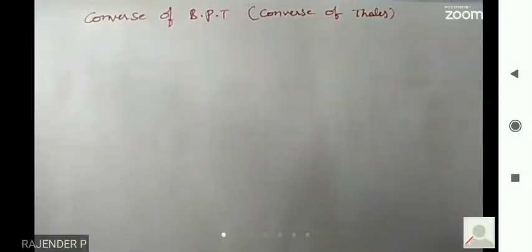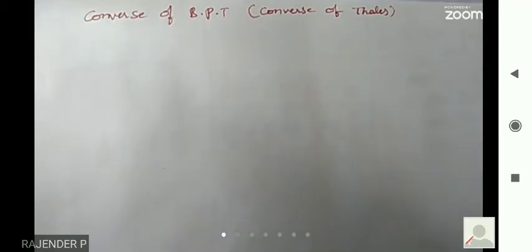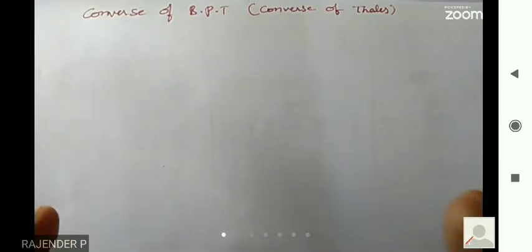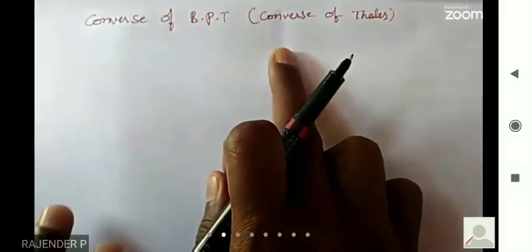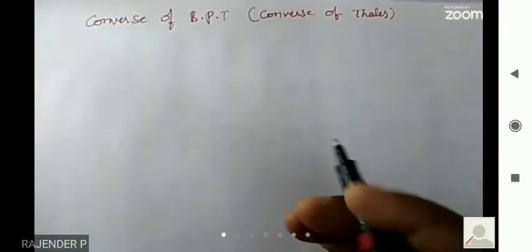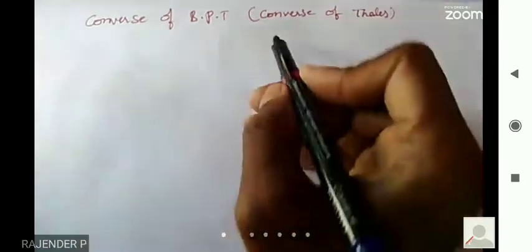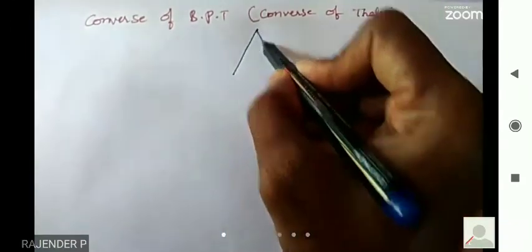Converse of BPT, or converse of Thales theorem. Yesterday we learned the BPT theorem, in which it is given that a line parallel to the third side divides the other two sides in the same ratio. In this converse of BPT, we take the reverse of that. It means the given thing, the line here in this triangle,